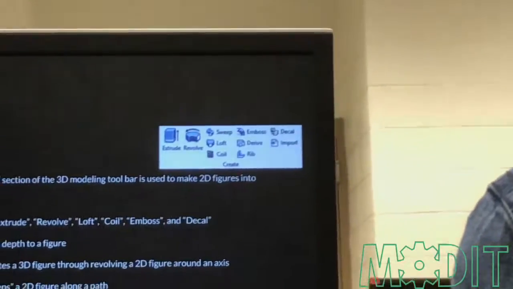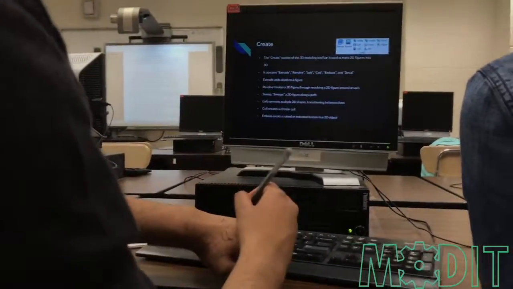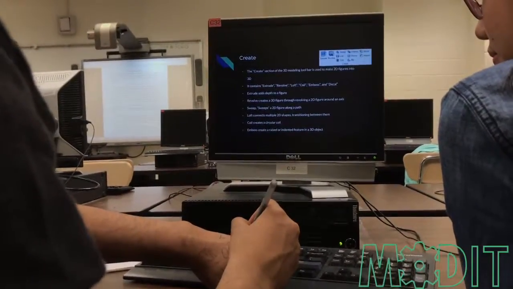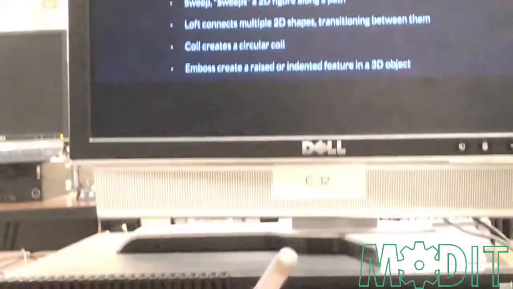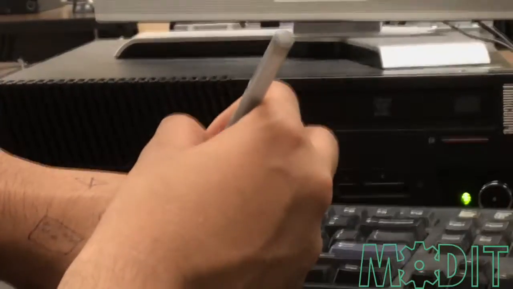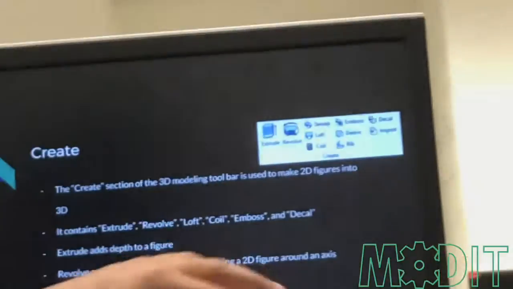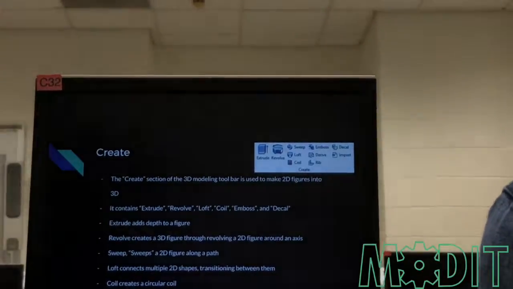Okay, loft's really useful, and the reason is because say you have a big rectangle, right? And then next to it, think of it in a 3D kind of way, you have a smaller one, and then a smaller one, right? What loft does is it connects all of those. Do you kind of get what I mean? So it goes from one to the other to the other. Do you see how it keeps getting smaller? That's kind of what it is. So what they lofted here was a square and a circle, and they just lofted it together. And then there's coil,